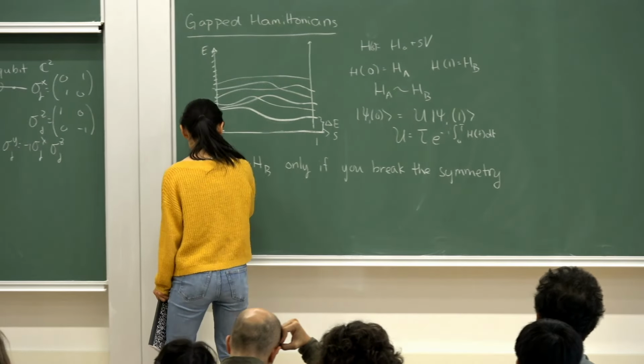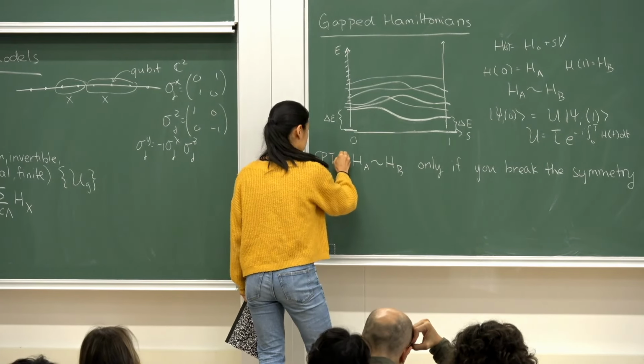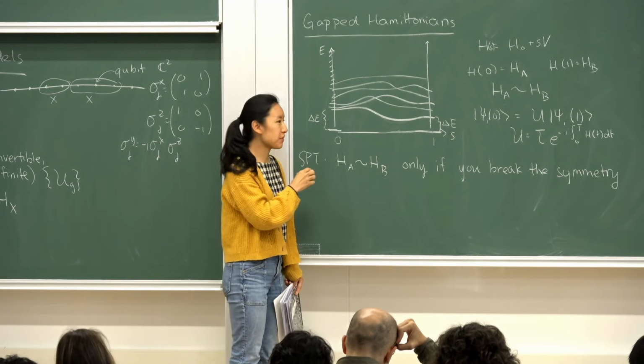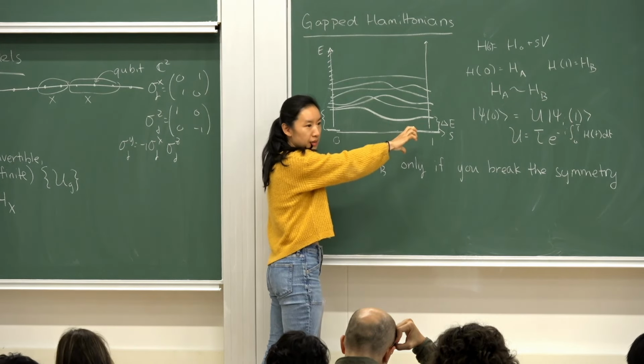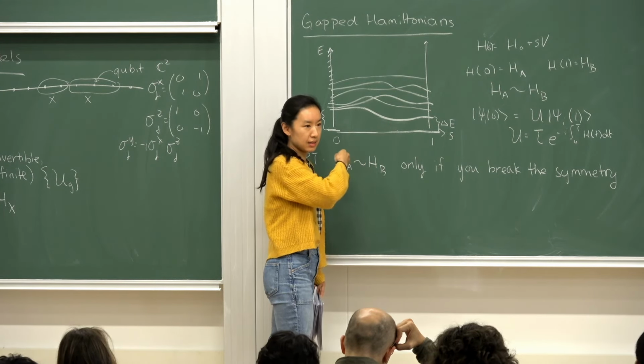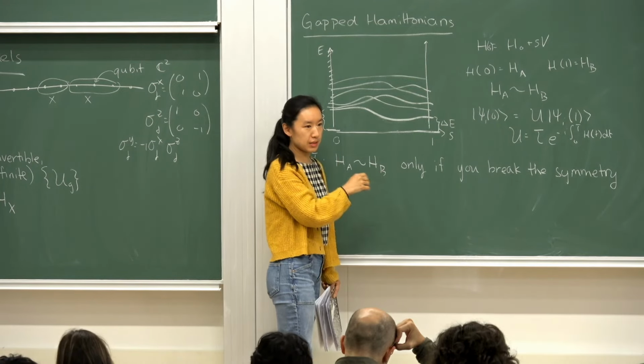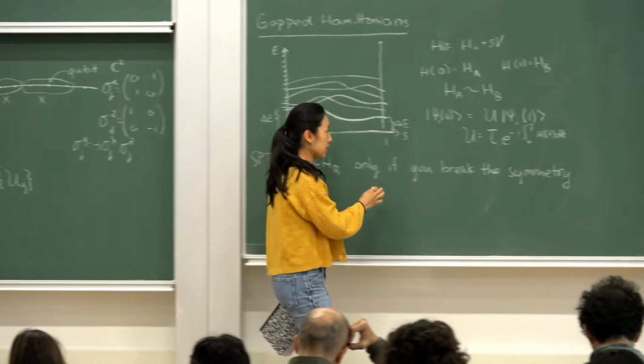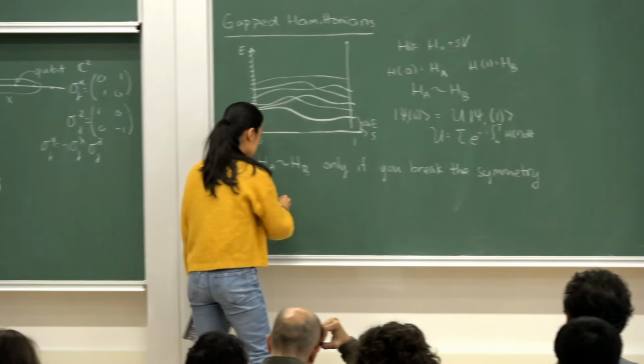So this is SPT. If HA and HB cannot be connected while maintaining the gap and keeping the symmetry, then they're in different SPT phases. And similarly, the condition on ground states is